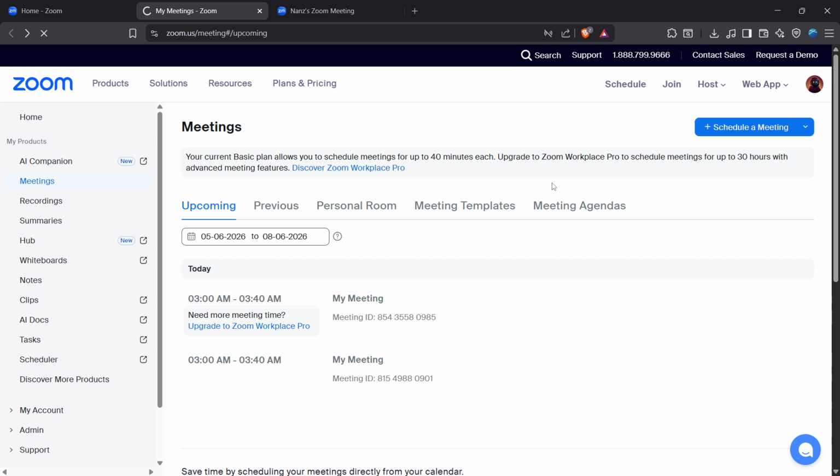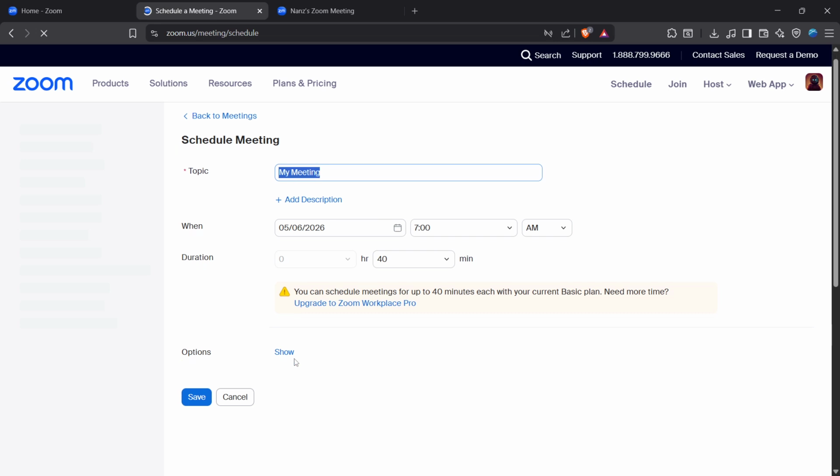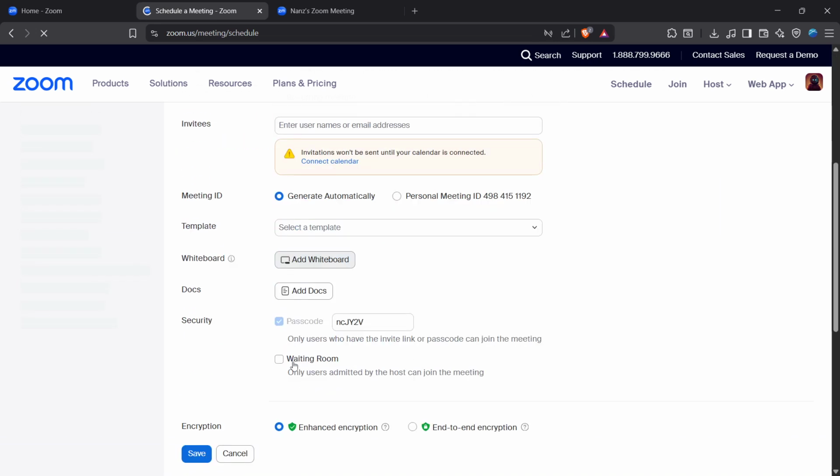Give your meeting a clear topic so invitees instantly recognize what it's about. Choose the date, start time, and expected duration, and double-check your time zone to avoid confusion for anyone in different regions. If this is something you'll host regularly, you can mark it as recurring here so you don't need to